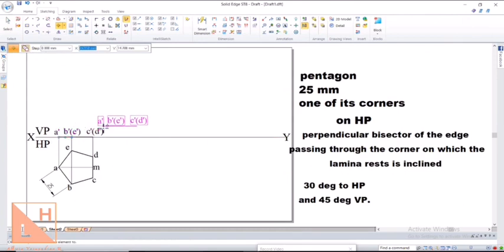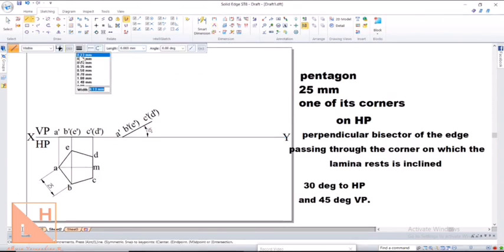So you can use move command, select this front view, put copy on, select the point A dash and paste it in the next position. This line has to be inclined at 30 degrees. Now you can use rotate command, select the front view, make sure you are selecting the point correctly, select A dash first until C dash. You can incline this at an angle of 30 degrees. Type 30 degrees here, degrees to the horizontal line. So once you are done till here, next you can use projection line to complete the top view in the second position. Use a thin line from A dash till A.